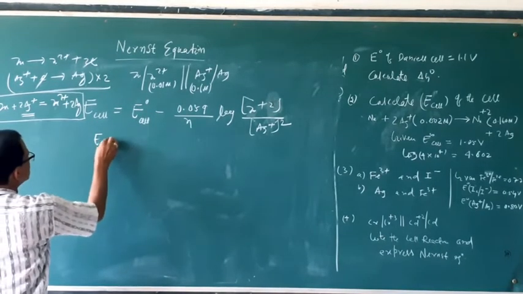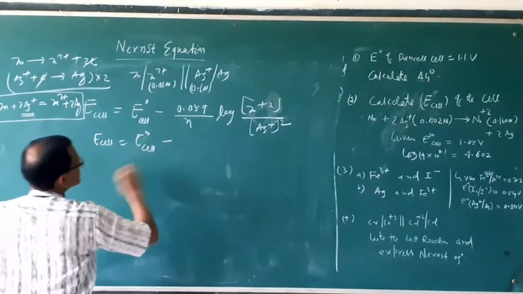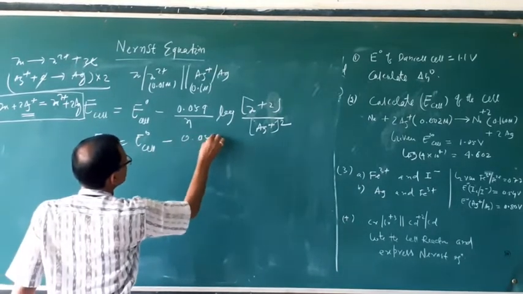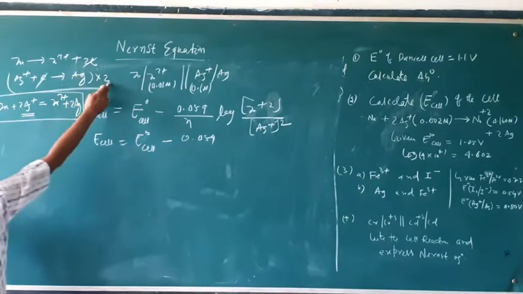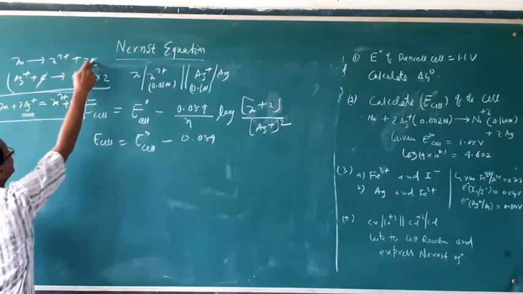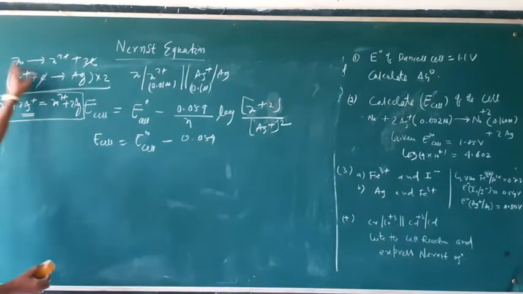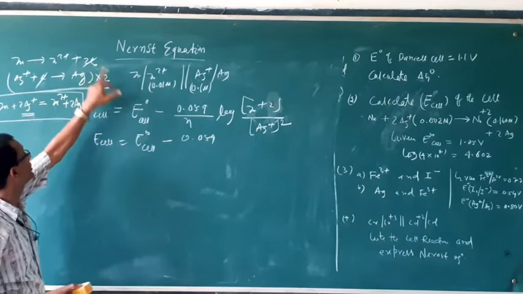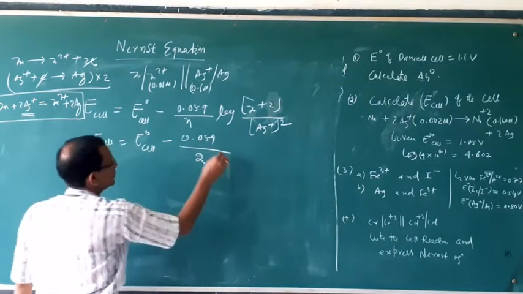E cell is equal to E naught cell minus 0.059 by n. What is the value of n here? Here 2 electrons, and 2 also multiplies. In both equations 2 electrons are involved, right side 2 electrons, left side also 2 electrons. So n value will be 2. So log